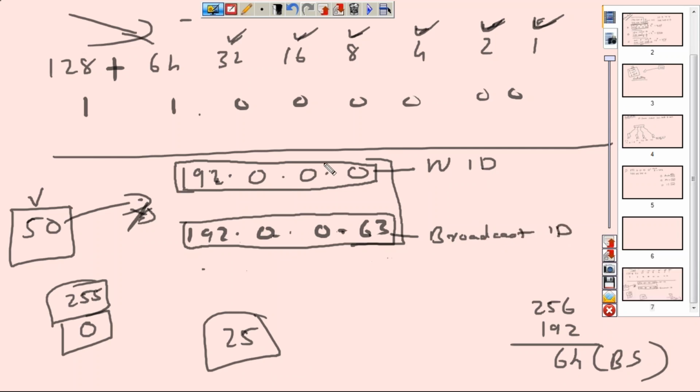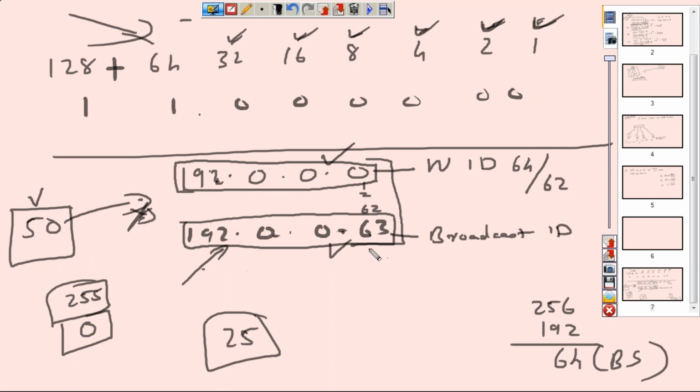Meaning this IP is how we refer to the whole network. This last one is the broadcast IP or ID, which means any packet I send to this particular IP, that is 192.0.0.63, every machine on that network will get a copy. If I need to send something to everybody on that network, I would send it to this IP. That means I cannot use these two IPs. So I can use from 1, 2, 3 all the way to 62. Out of a network of 64, my usable IPs for machines will be 62.